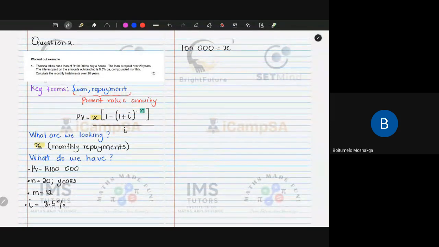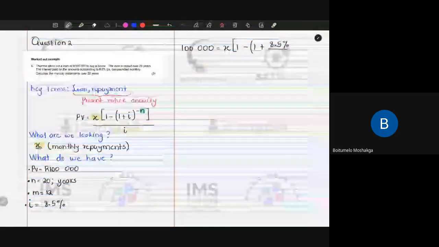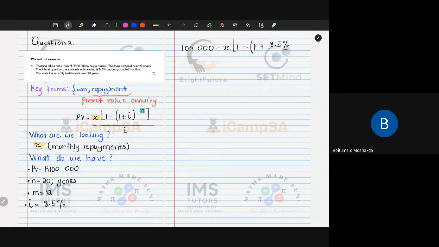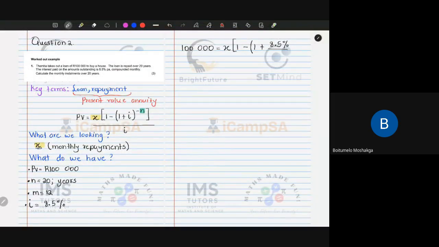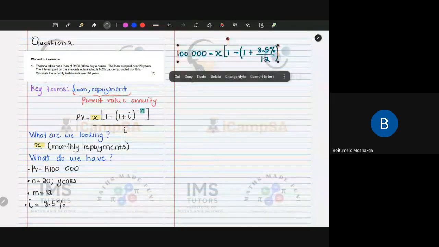X is what we do not have, and then we'll have 1 minus (1 plus our interest rate of 8.5%, and because our interest is compounded monthly, we'll divide by 12)